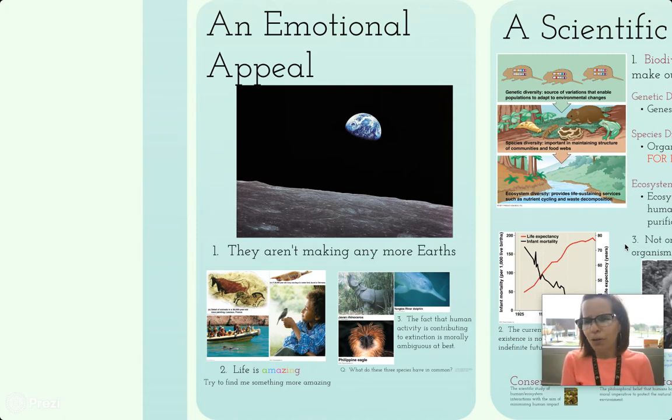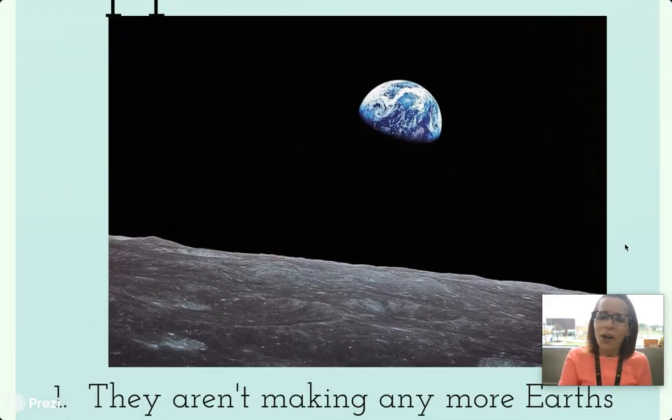The moon in this photo is another example. The moon is what causes our tides, which allows some of the circulation of warm water and nutrient-rich water around our planet, which carries nutrients to other ecosystems. I mean, this planet is unbelievably amazing. Anyway, so we should take care of it. They aren't making any more Earths.